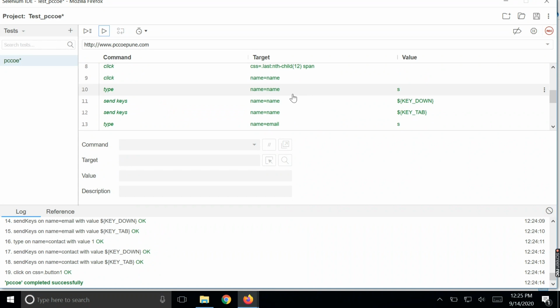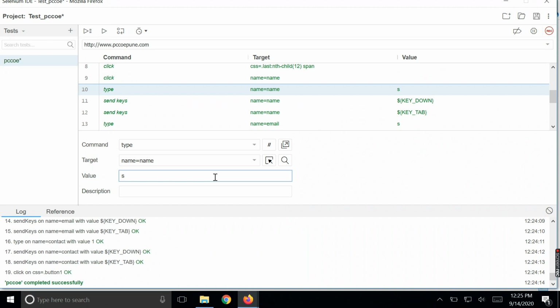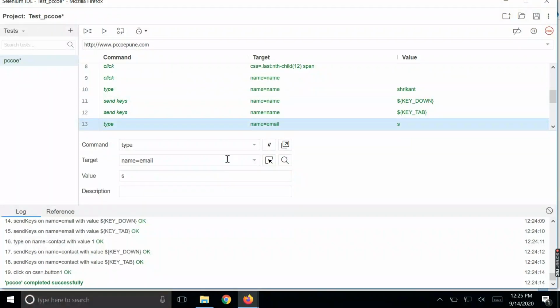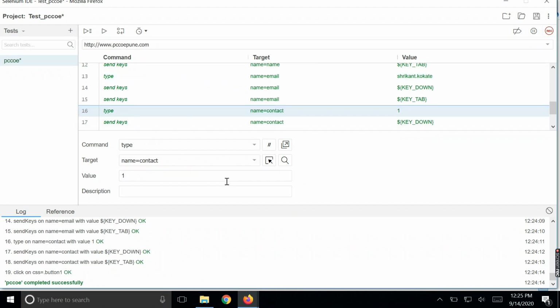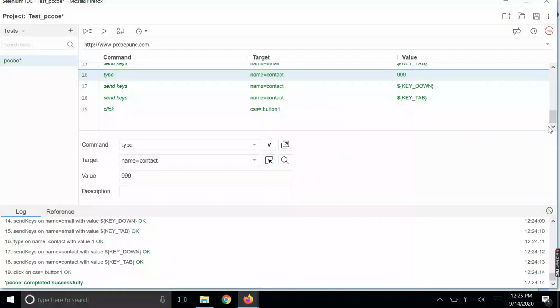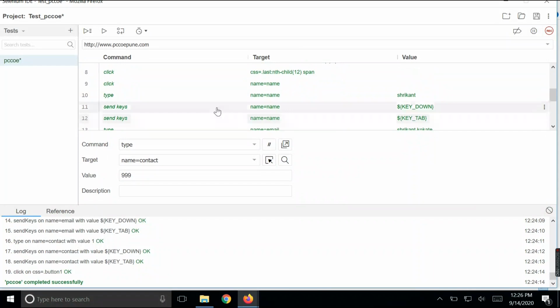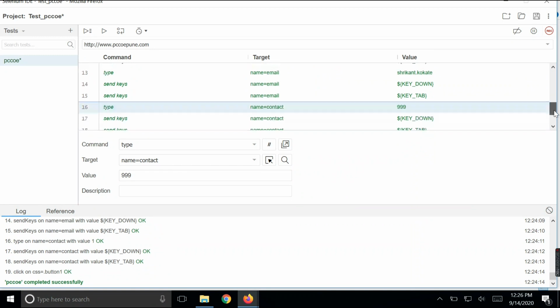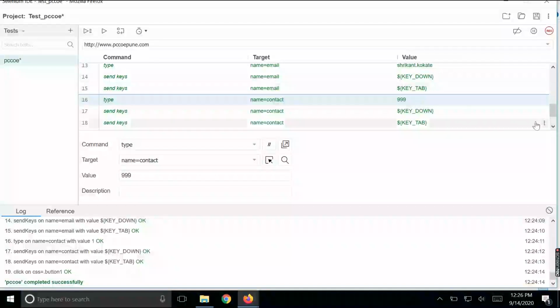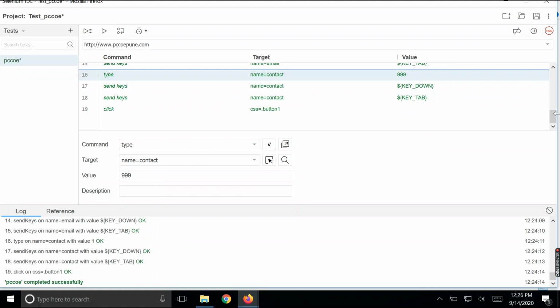Now suppose, for example, in type, if I go here, and for S, if I write the value as Shrikant, and for the email, suppose I write Shrikant.Kokate, and for contact, for example, if I write the value 999, then I have made changes for all three type commands. Like for name I have changed the value to Shrikant, for email I have changed it to Shrikant.Kokate, and for contact I changed 1 to 999, and then the click button, right?